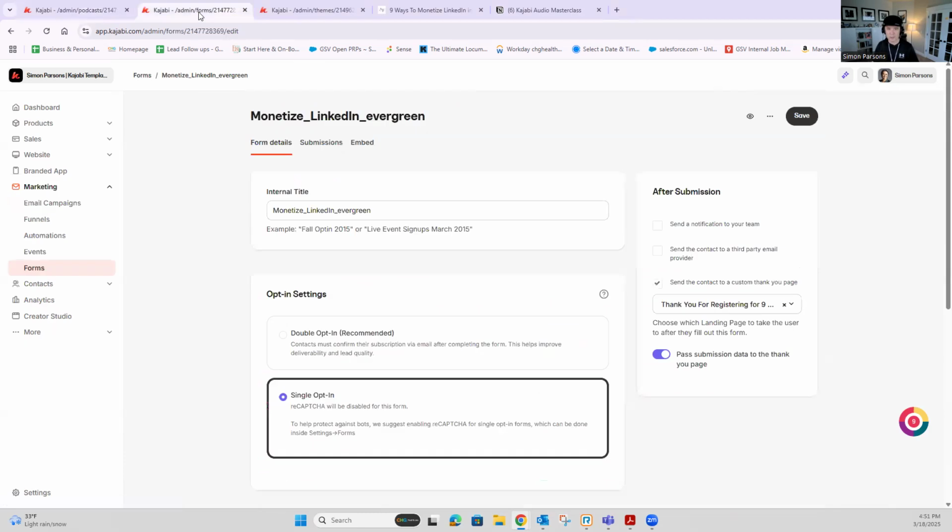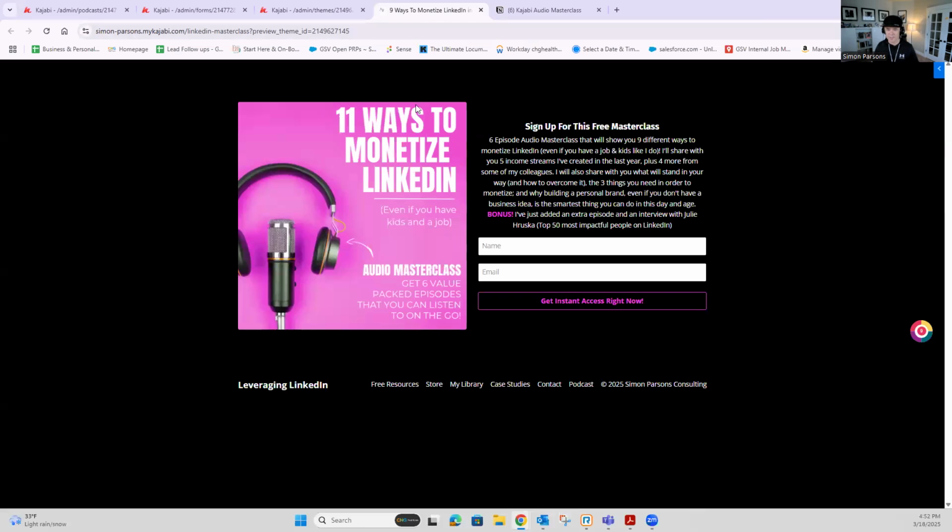Next thing that you're going to want to do is set up a form to go on the opt-in page. So let me show you the opt-in page that I use. This is kind of outdated and not the style that I really use these days. But back in 2021, 2022, this was what the opt-in page looked like. It basically consists of a title, the image, and then a little subtitle here, and then